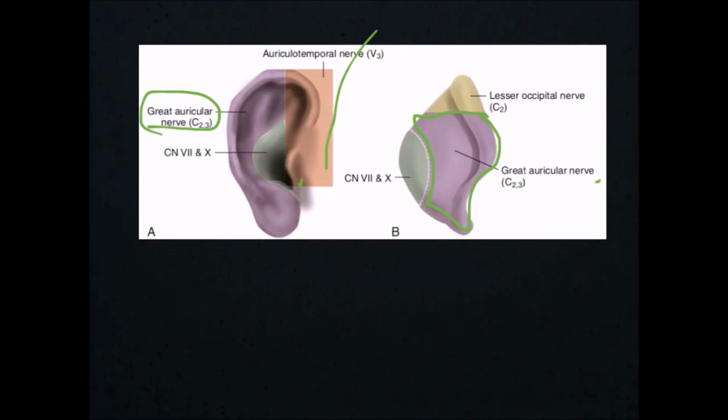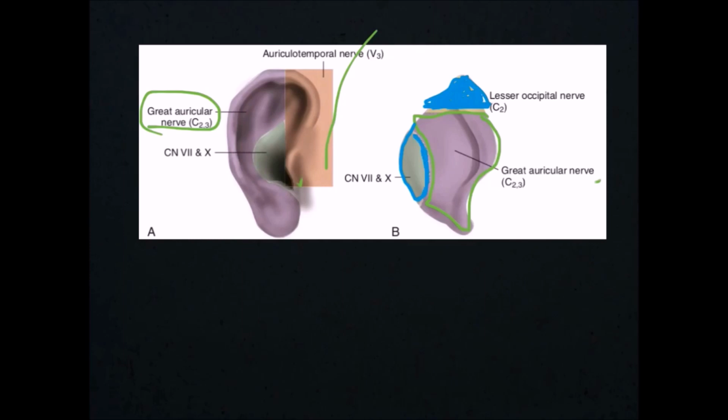So the great auricular nerve is the nerve supply of the helix, antihelix, lobule and most of the medial portion, except the superior part, which is supplied by the lesser occipital nerve. Now be clear, it is lesser occipital because we have something called greater occipital. We are going to see this in neuroanatomy when we discuss the scalp nerve supply. So the upper part is supplied by the lesser occipital nerve, and the medial portion, that is the retroauricular region,